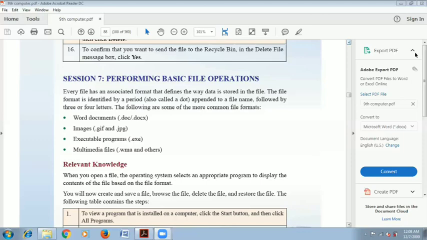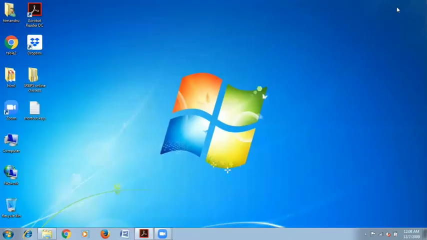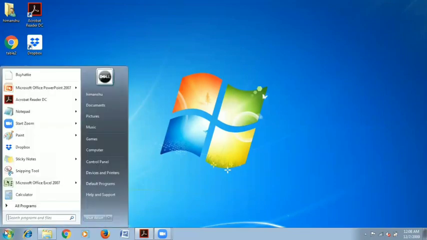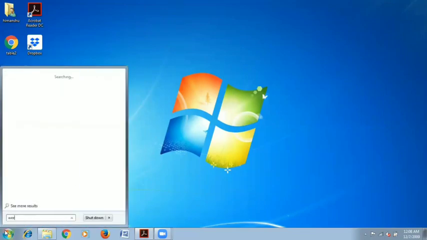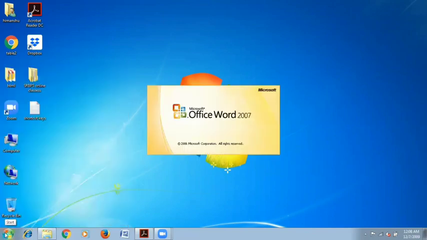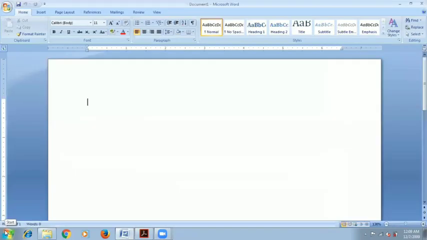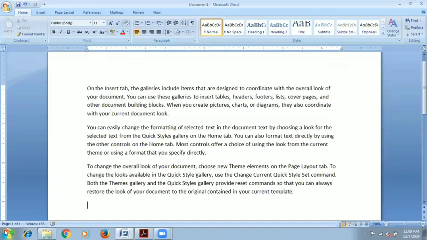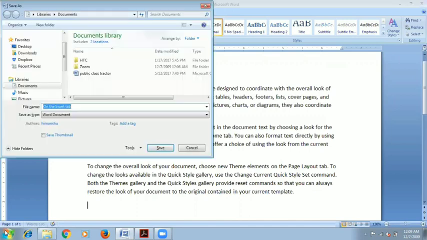Let's see by creating one Word file. Here you can see my screen. I'm typing Word in that search box. Now I'm opening a Word document. Now I'll write something and will save it.